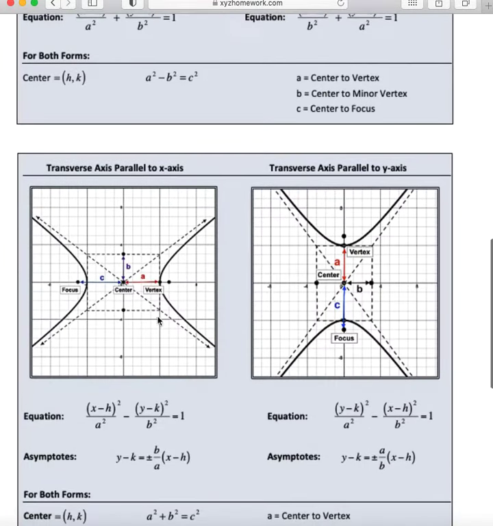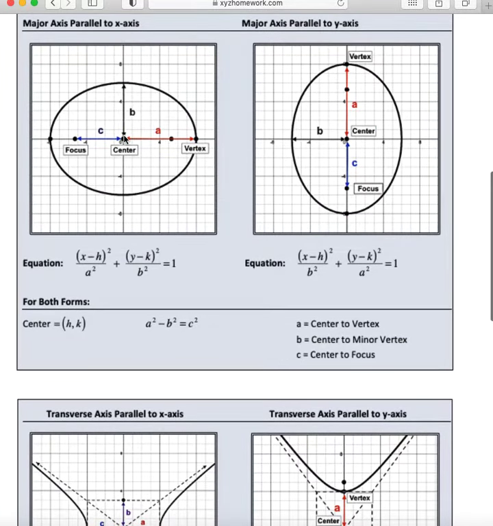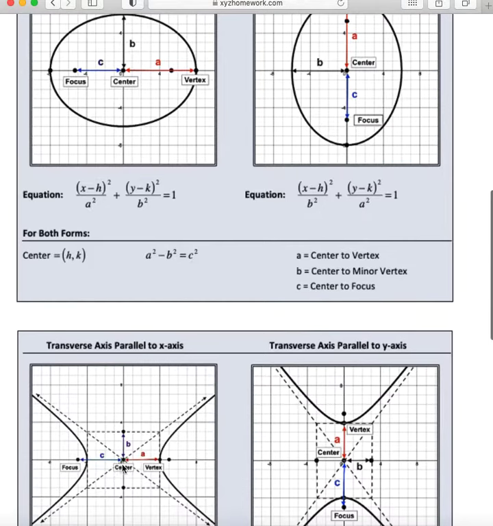And that's true for hyperbola down here as well. Center to the vertex, it can run left, right, it can run up, down. It just depends, are we talking about one that's parallel to x or parallel to y? B is always the other direction, so when we're looking at an ellipse, it's the minor vertex, or when we're looking at a hyperbola, it's the other side of the box that defines the